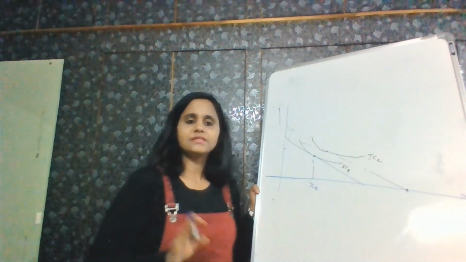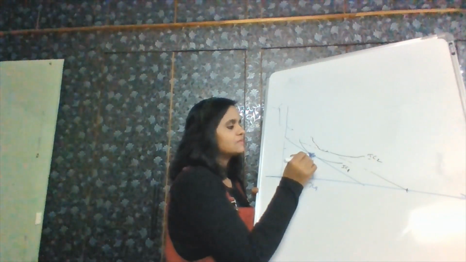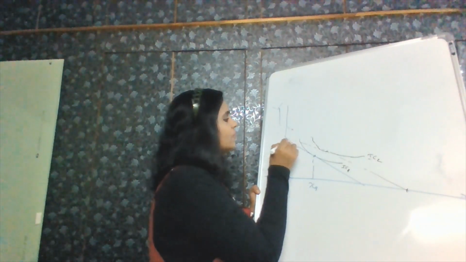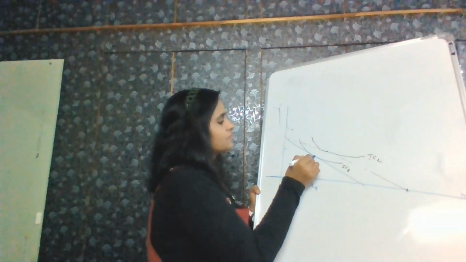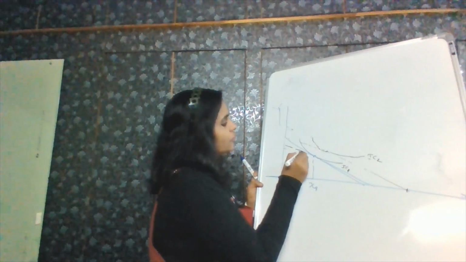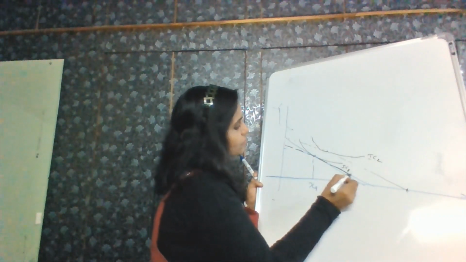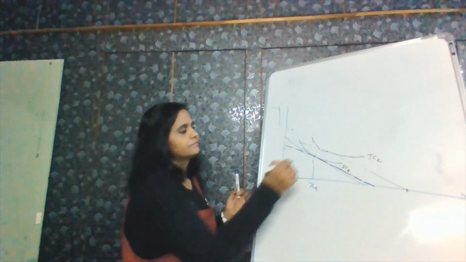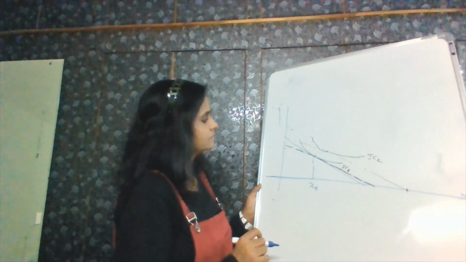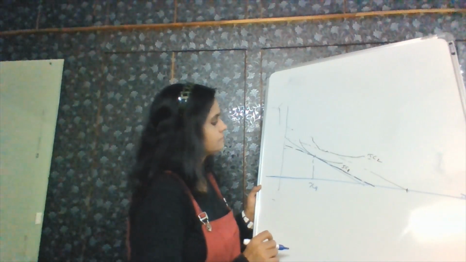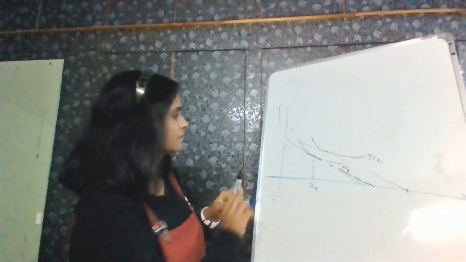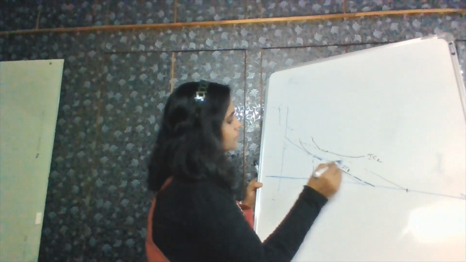Now, as part of the Slutsky approach, my budget line will change because the price is changing, but my purchasing power will not change. So the consumption, these goods I was buying earlier, I should be able to buy now also. So I draw a line parallel to the new budget line which passes through this point. So the new parallel line passes through this point.